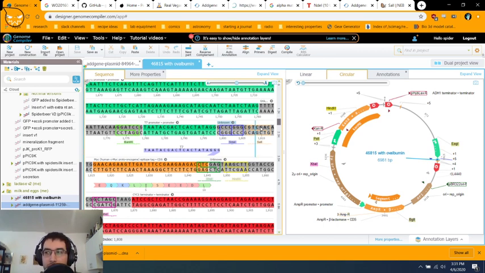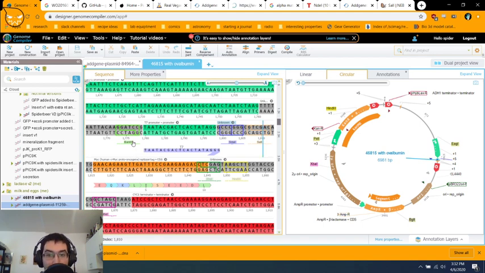Gibson does not do this. Gibson chews back the 5' end. So literally, from this T here, it'll just chew back like 20 to 30 nucleotides, all the way back to here. So instead of just 4 letters that are dangly, now you have this entire sequence that's exposed and can be used as a sticky targeting section,